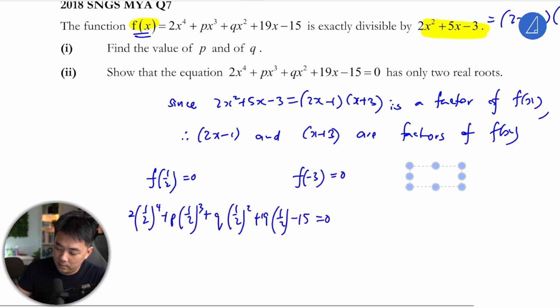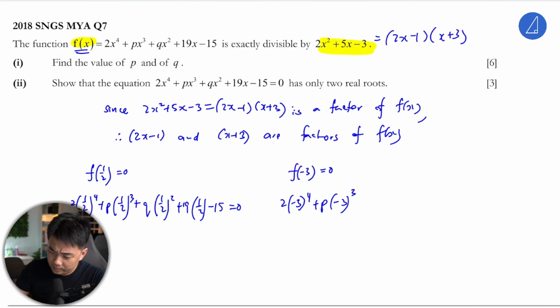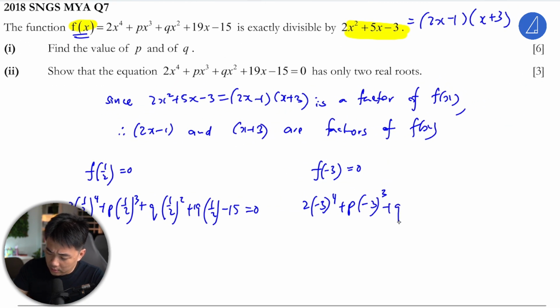Then the other one will be 2(negative 3) to the power 4 plus p(negative 3) cubed plus q(negative 3) squared